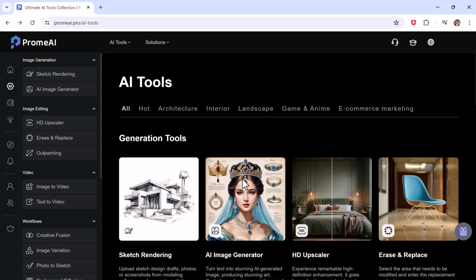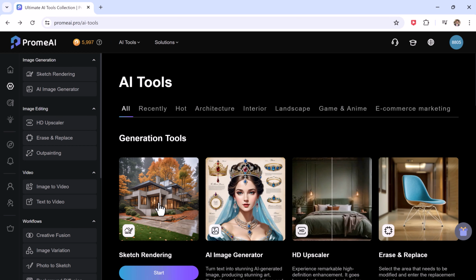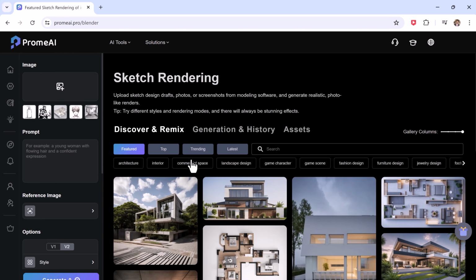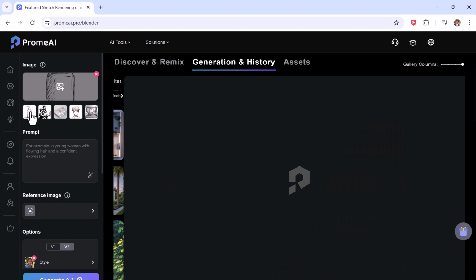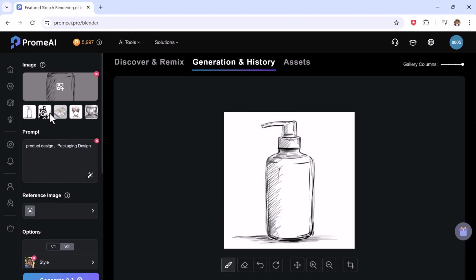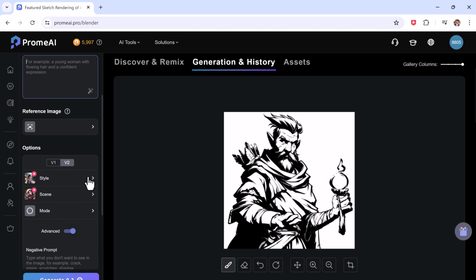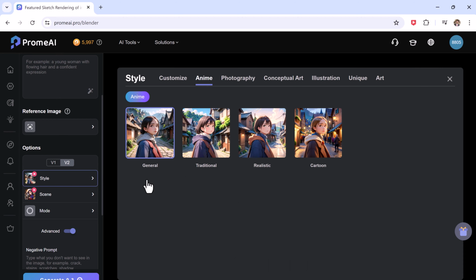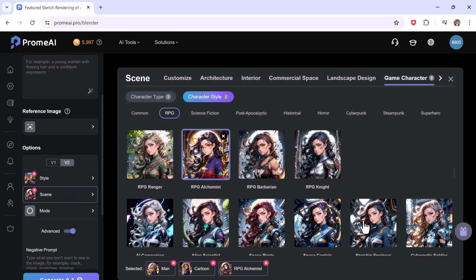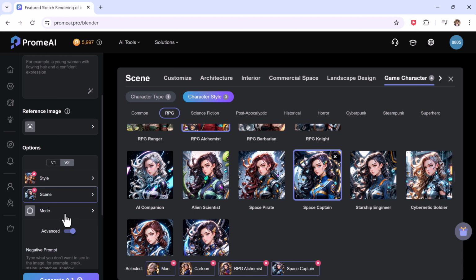And here we also have sketch rendering. This feature saves time for architects, interior designers, and product designers to see their ideas as they would look in real life. They can easily show them to clients or associates without needing additional skills or tools. One of its standout features is the ability to transform hand-drawn sketches into realistic images. This is a huge time saver and a game changer for professionals in the design field.